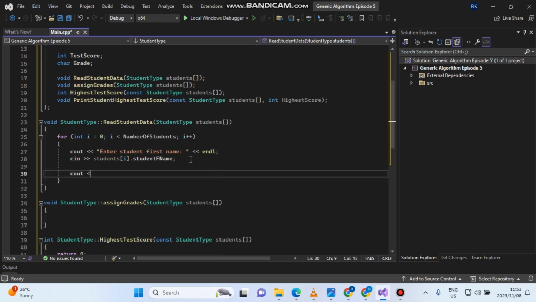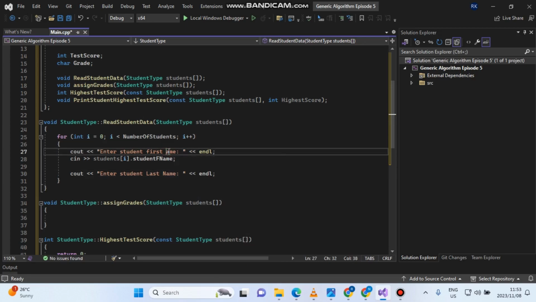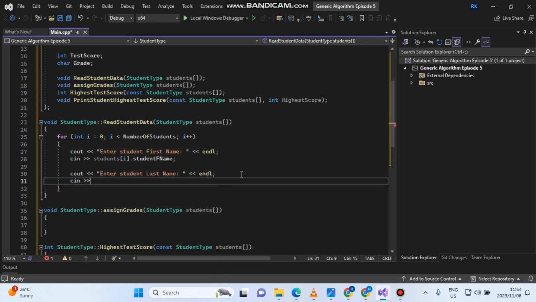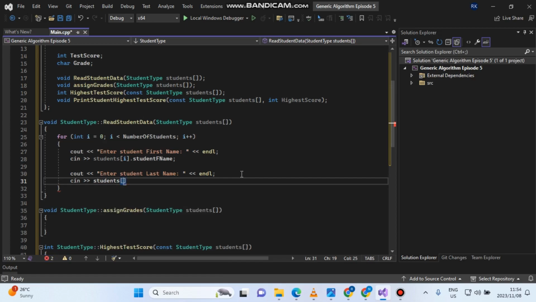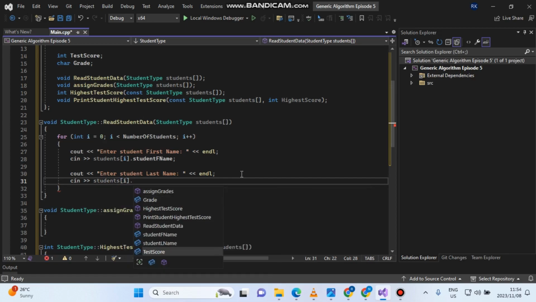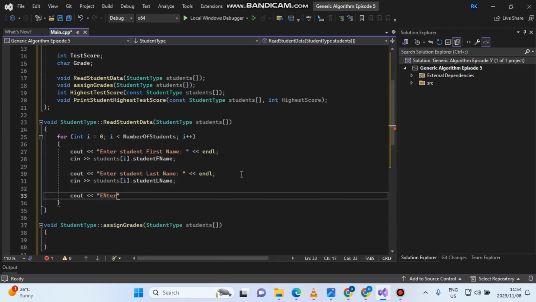I'm going to say cout again: enter student last name. Let me just make it much nicer. Also, let's make this uppercase. Okay, awesome. Then I say cin again. After this, you're going to say students, again index i, and automatically get the last name of the student. Awesome. Here again, enter